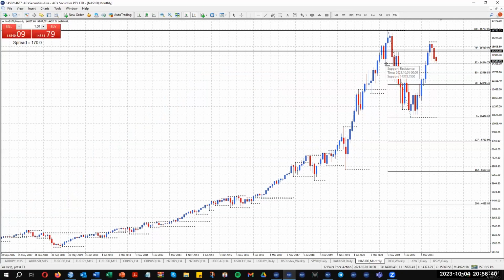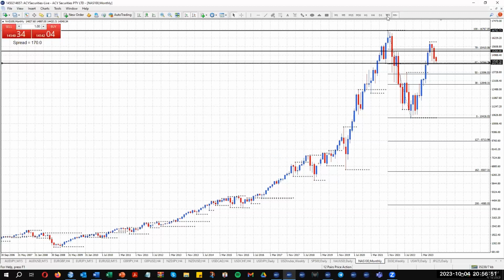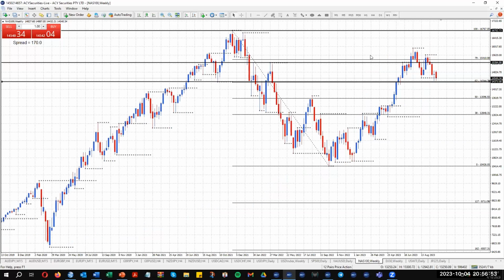This area here at 14,373 needs to give up. Until we can give that level up, we could hold there and then continue all the way back up. So that's the area there, that monthly low. You can see last week we're having a bit of support there. So if we get a clear break below there,